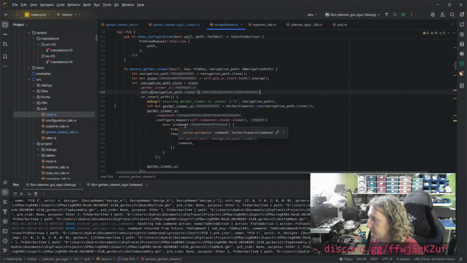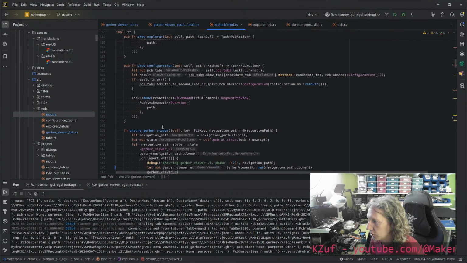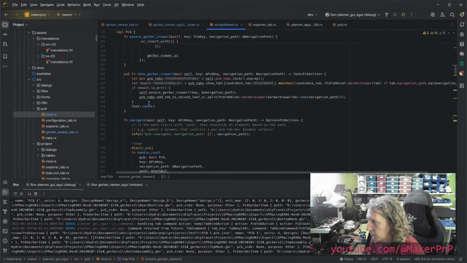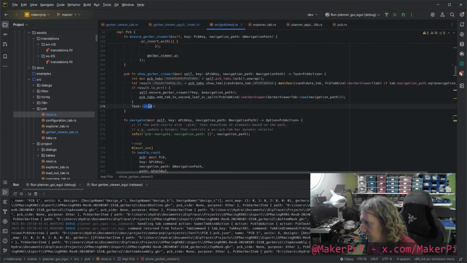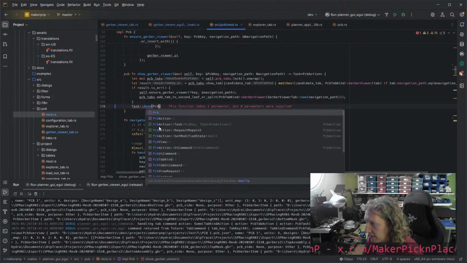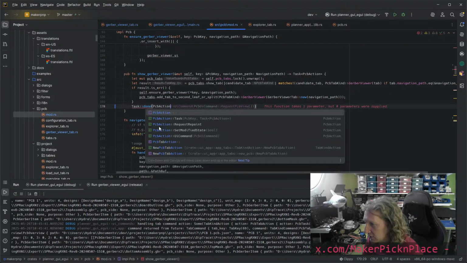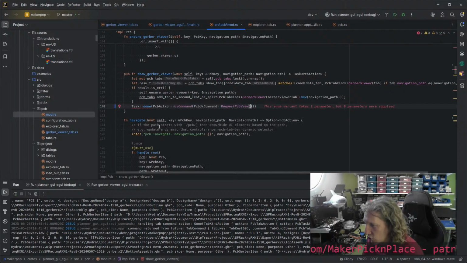So in this PCB tab where we go ensure Gerber view and show Gerber view, here we need to request the view again. I don't really like this, but I might try and find a better solution later. But anyway, we're going to say task done, and it's going to be a PCB action of UI command request PCB view